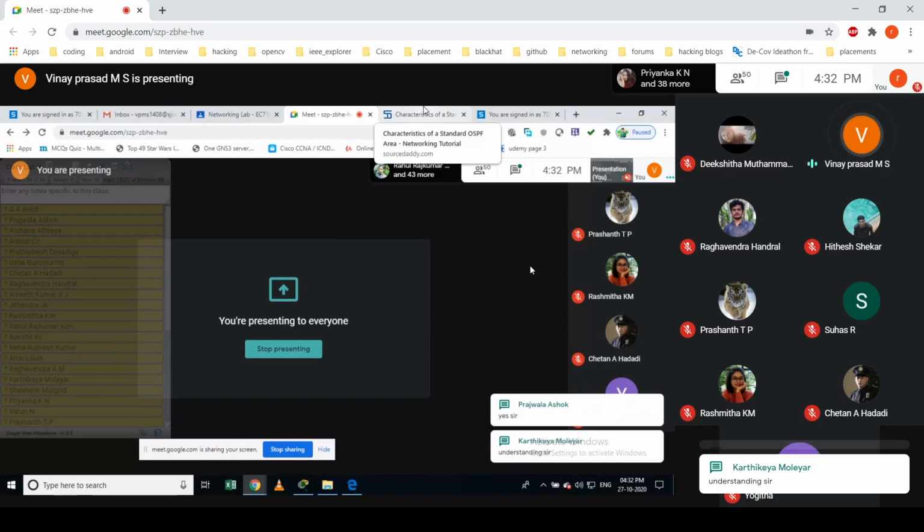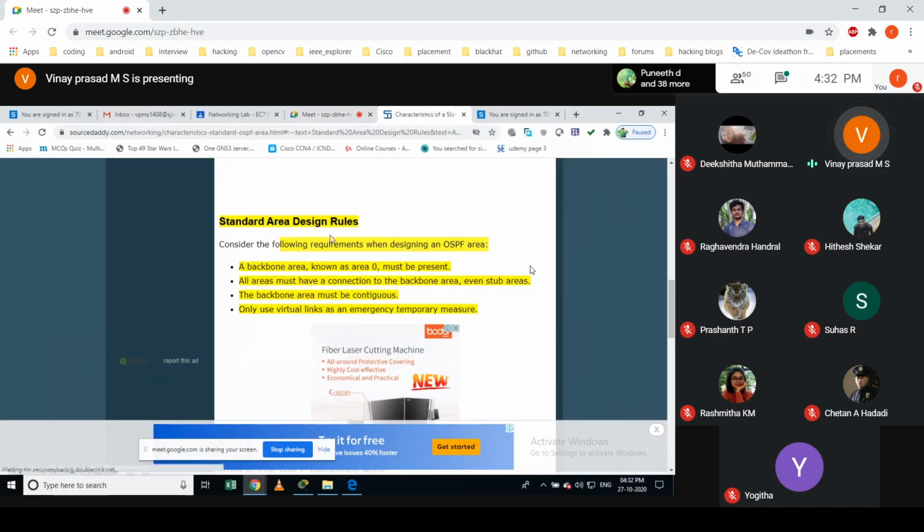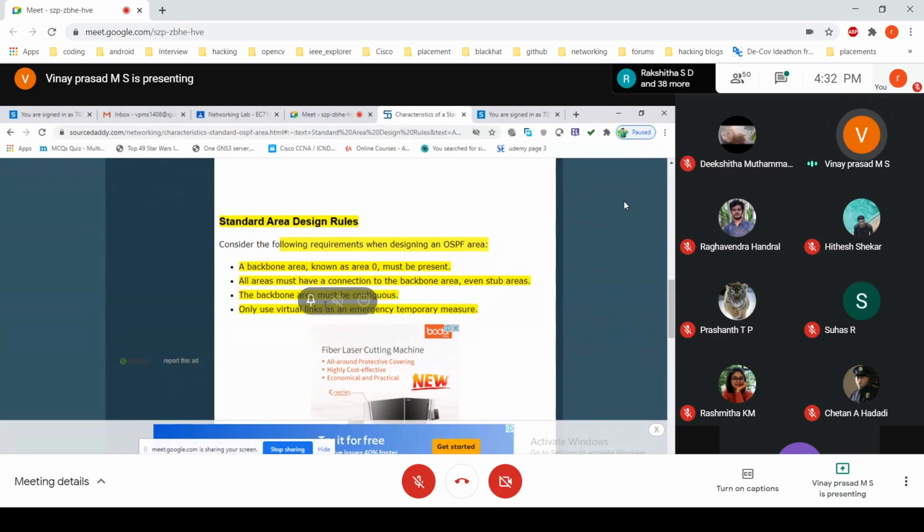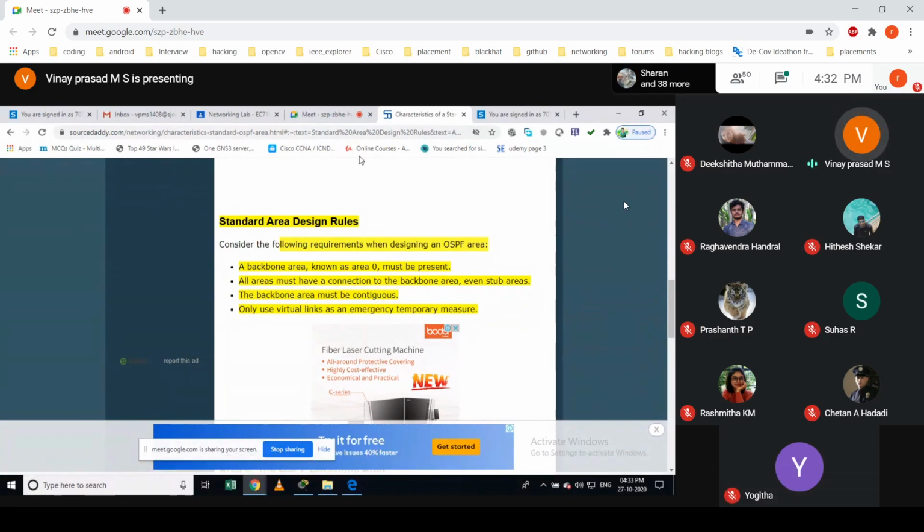Okay. Fine. So the design considerations or requirements before you enable OSPF: you will have a topology, and you will decide which topology should be used before you implement it. These are all the things you must keep in mind. When you are configuring OSPF, you must have what is called area zero. That is what we call the backbone area.